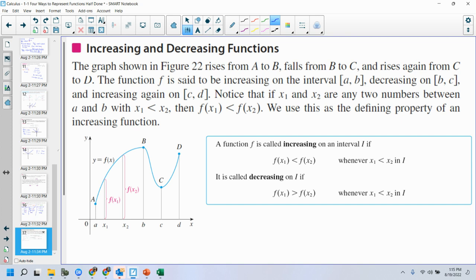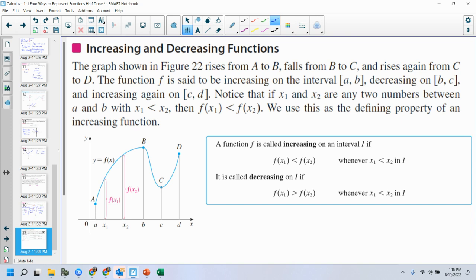The graph shown in figure 22 rises from A to B, falls from B to C, and rises again from C to D. The function f is said to be increasing on the interval A to B, decreasing on the interval B to C, and increasing again on C to D. Notice that if x1 and x2 are any two numbers between A and B, oh yeah,